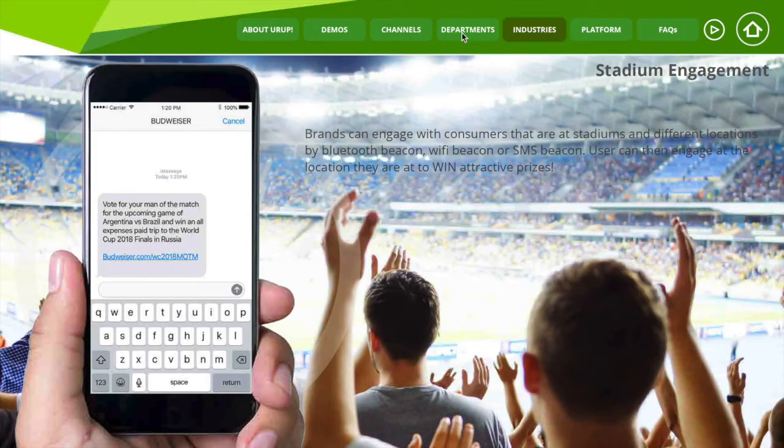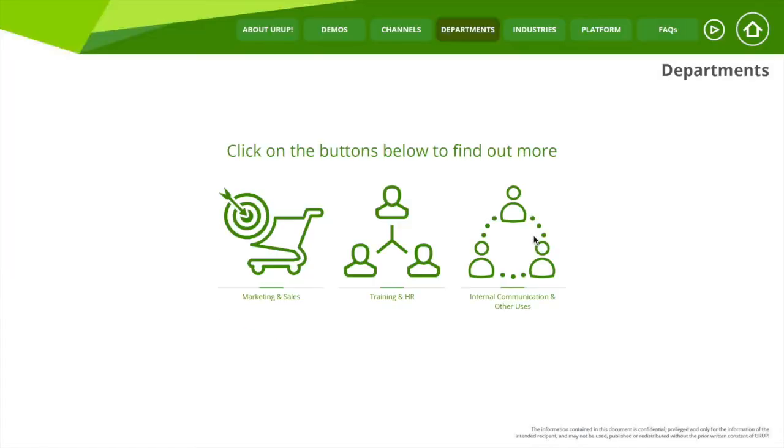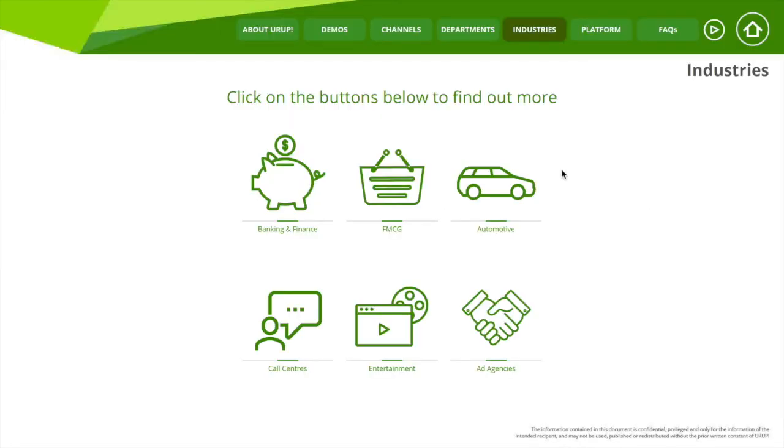From channels, you can easily navigate to departments, and you can see a range of ways on how URUP can be used in the marketing department, in the training and HR department, even down to things like the internal communication solutions, and how URUP can use aggregated leaderboards to join multiple journeys to create an entire departmental-based solution. You've got industry-based opportunities, how URUP is used in FMCG, how we used in entertainment, in call centers, and a lot of these lean heavily on the case study videos that we have created,